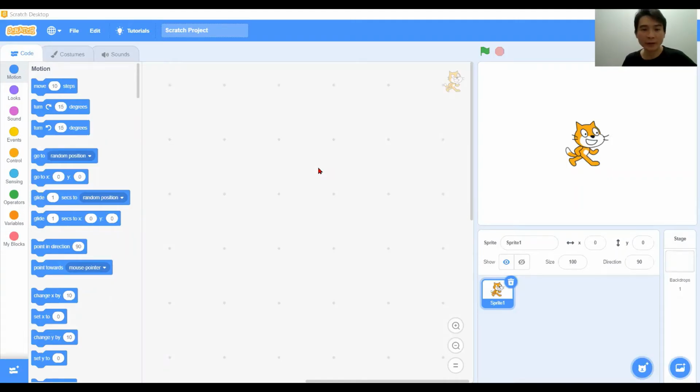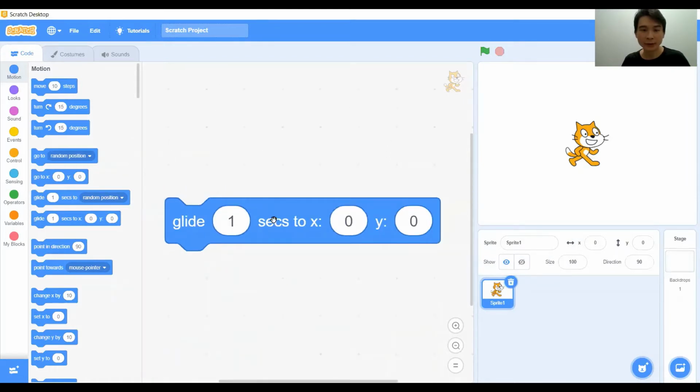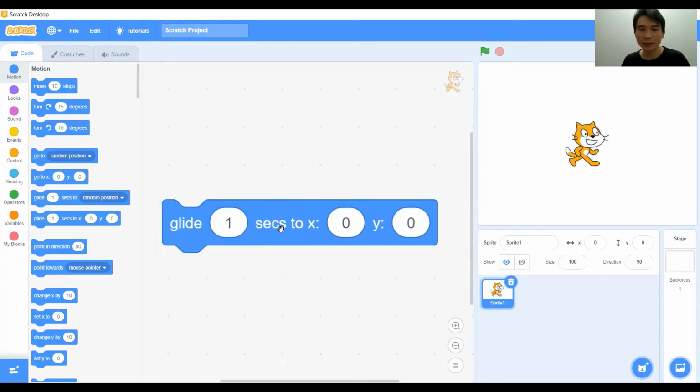Hi everyone, today we have another tutorial regarding the same motion block, and today we'll look into this glide to XY block. Okay. This glide to XY block is something like the move block, but it is gliding to X and Y